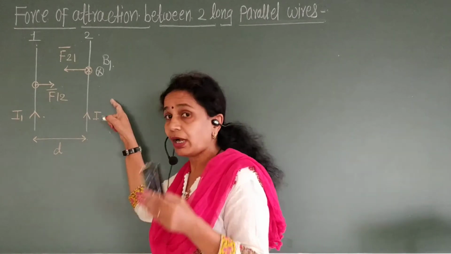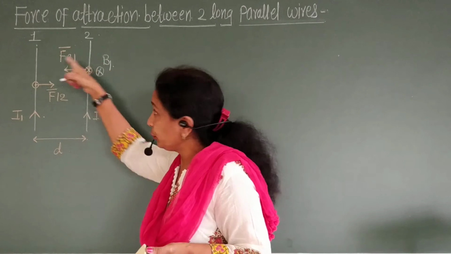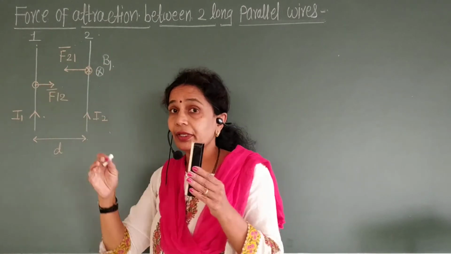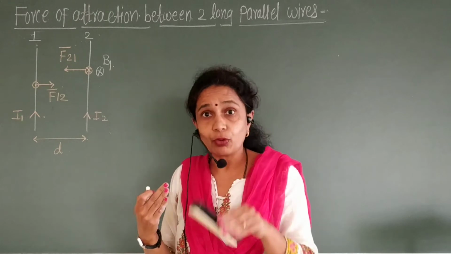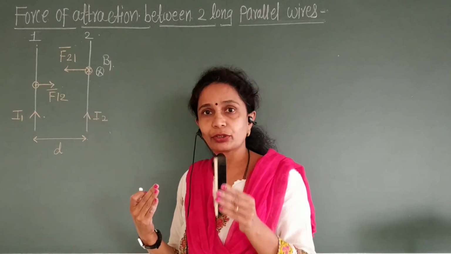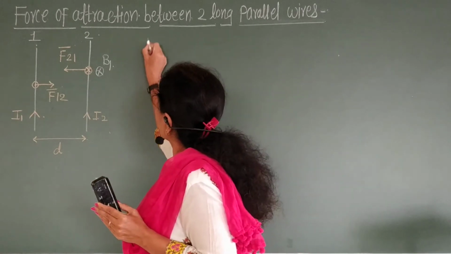As the second wire is in the magnetic field B1 due to the first wire, it experiences a force. The force acting on wire 2 due to the first wire is given by the equation